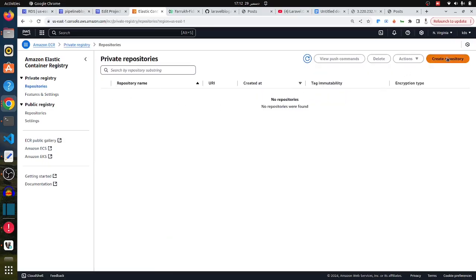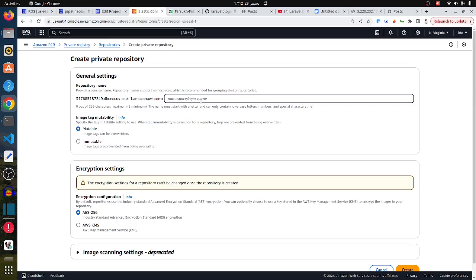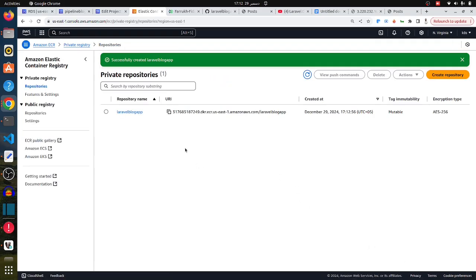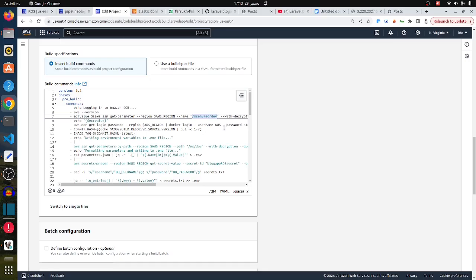Private repository, there is no repository, and I will be creating a Laravel blog app. Yes, it should be mutable. Now it has been created, and this is the URI. Just keep in mind, it is trying to get this URI from this path, and this is in the SSM parameter store. So let me go to SSM parameter store,